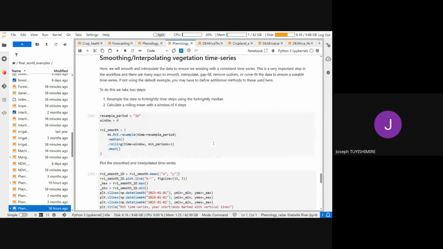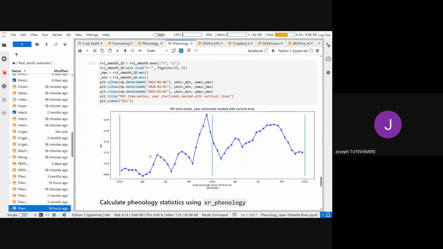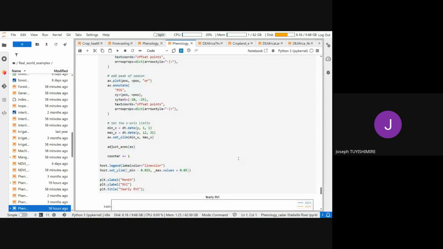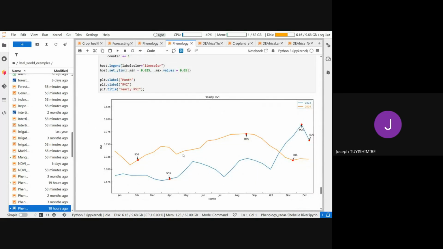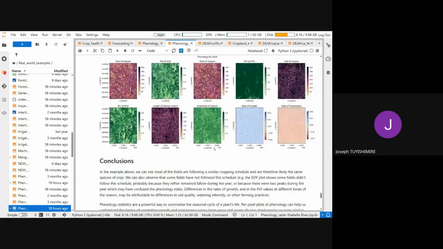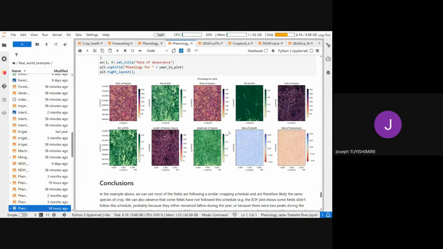And of course, we can smooth and do interpolation of our time series, and come up with a comparison between years, but also compare several years. I've chosen two just to run them quickly, but you can go beyond two. And of course, the latest general statistics, crop statistics, could be generated as well using the RVI.